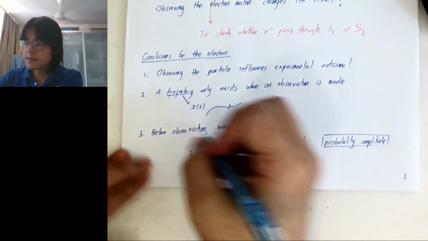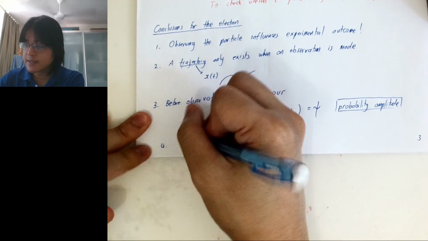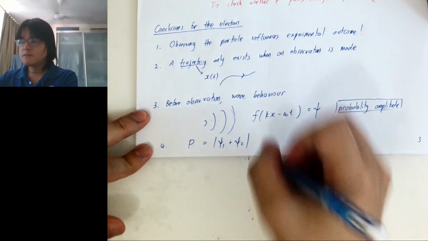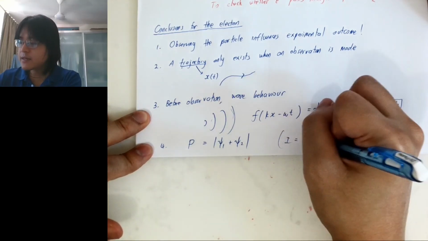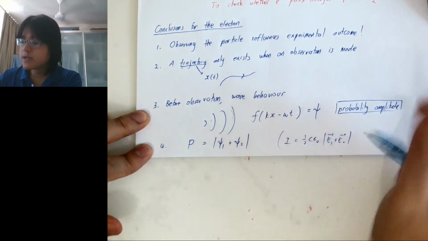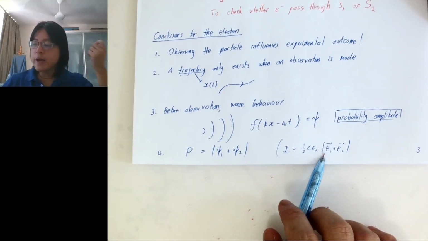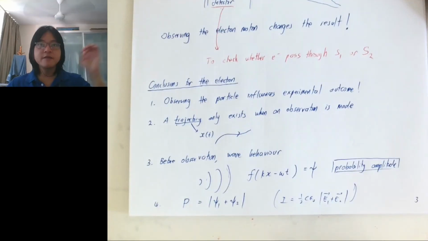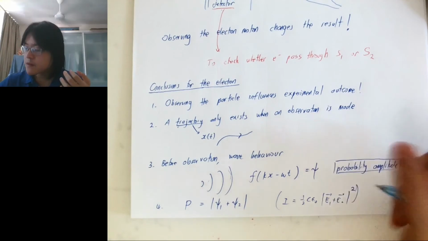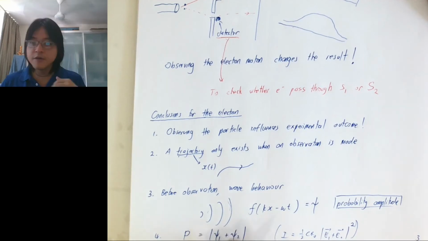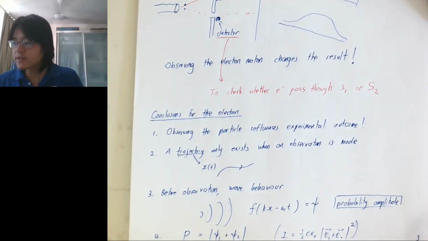In order to understand this, the probability is after you interfere the waves. The same thing for intensity is half c epsilon (E1 plus E2) squared. That's why there's a distinction between the wave itself and the square. In electromagnetism, the electric fields interfere, and then you square the result, you get the intensity distribution, the pattern like this. The same thing happens for the waves. So that is our situation at the moment for quantum mechanics.